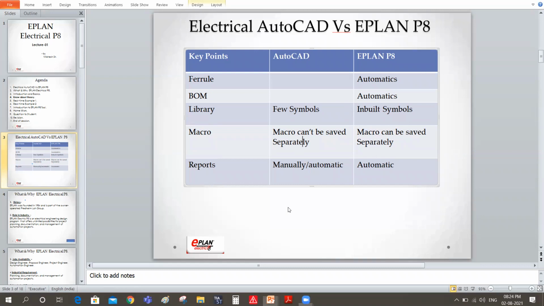The next topic is macro. Macro is a very important and beneficial function in ePlan P8. Macro is just pin out detail and representation in schematic, but we have a lot of features. If you have a very small device, you can prepare it in a window macro.